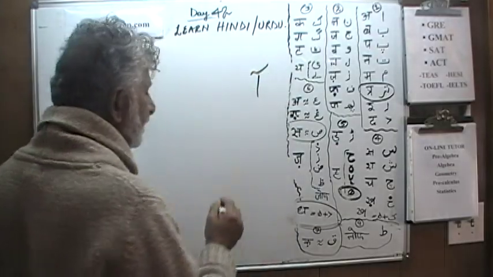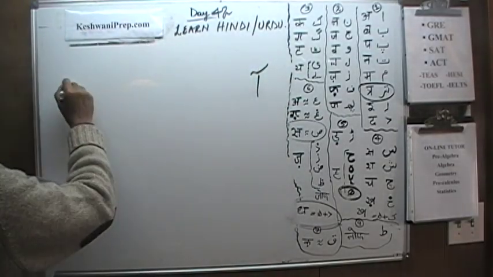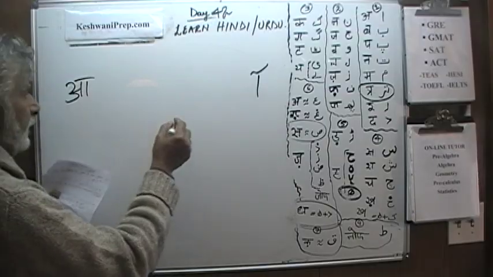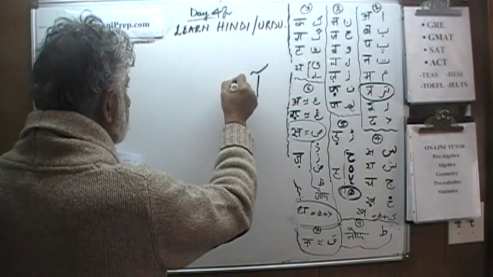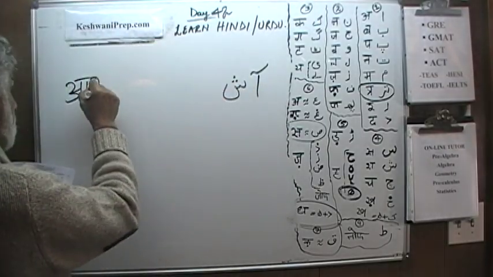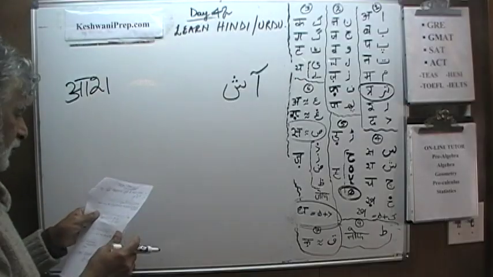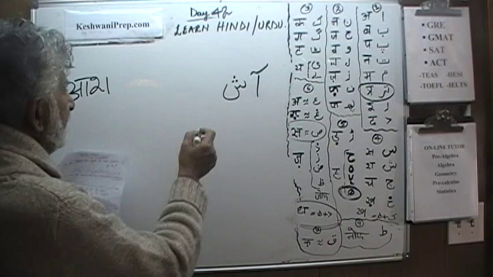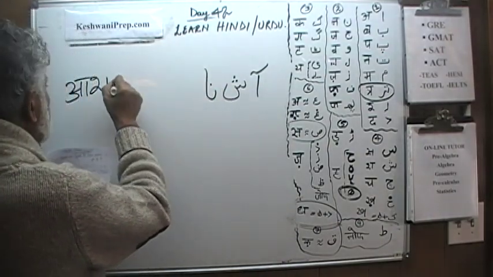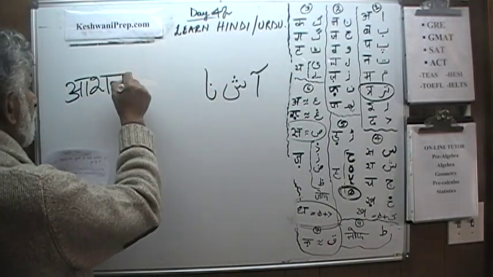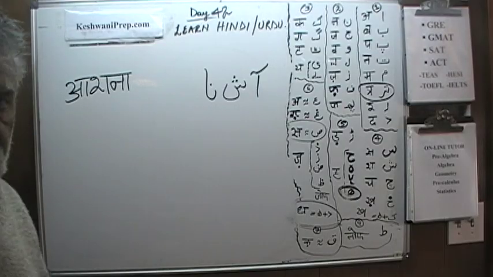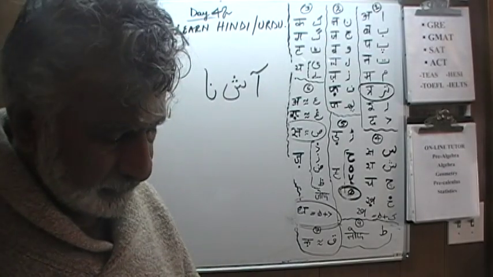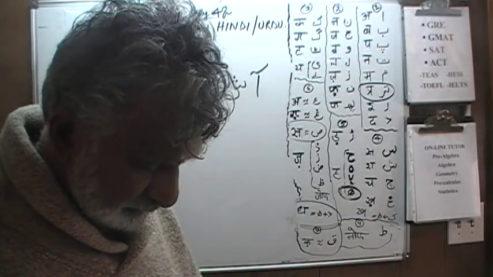Alif mat a, that's how we read it. Then we have a sheen, sheen, show, a, show, and then we have a na, ashna. Do you know what that means? Ashna means to be